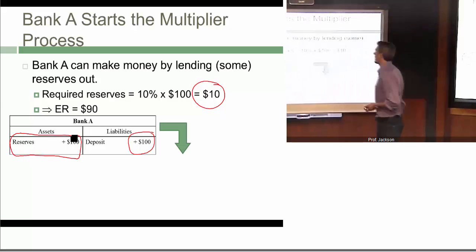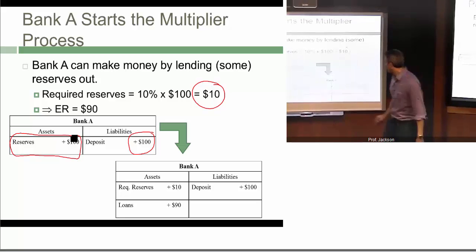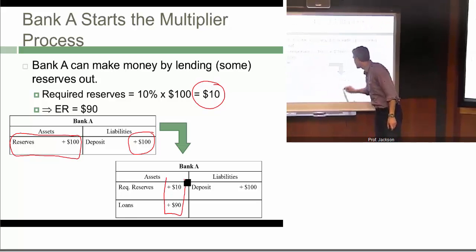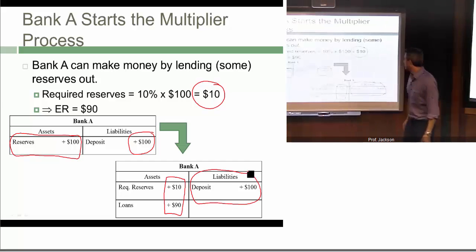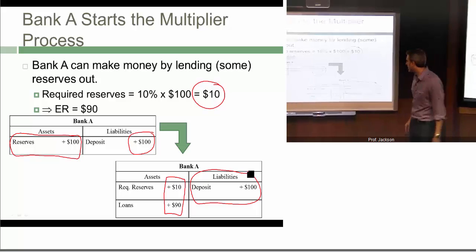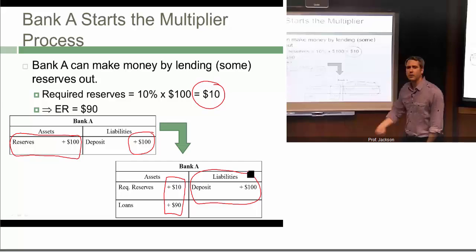So what is Bank A going to do? It loans out $90 and holds $10 as required reserves. And again, you'll notice that the transformation of Bank A's balance sheet still balances with the liability side and the asset side here. Okay. Now, one important thing to note here, again, we're talking about the loans and the fact